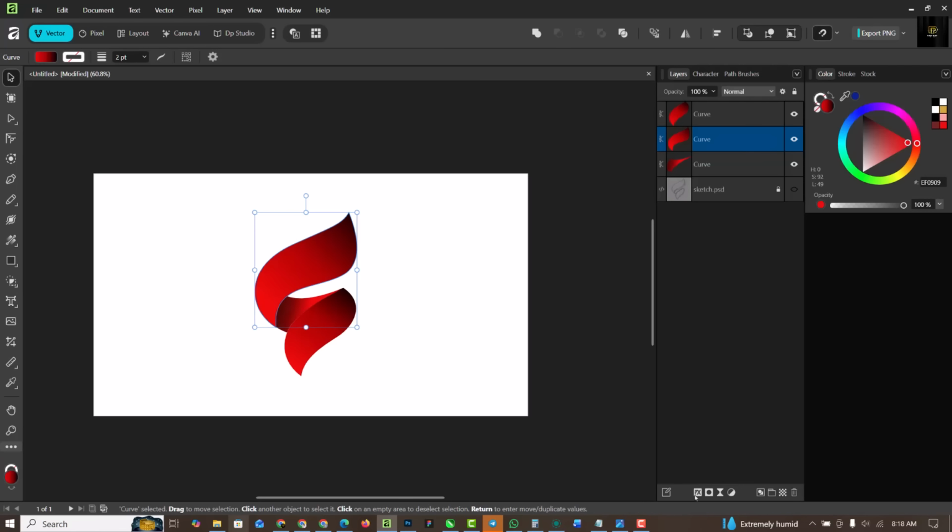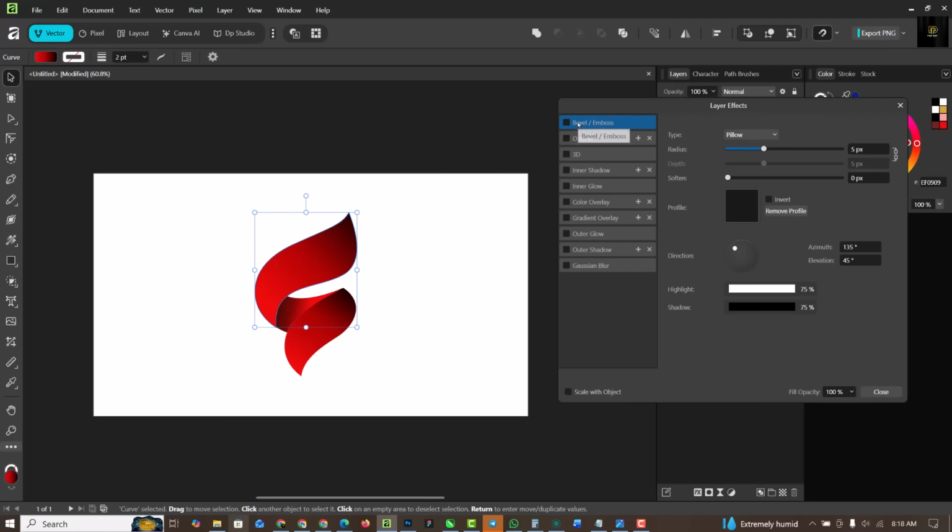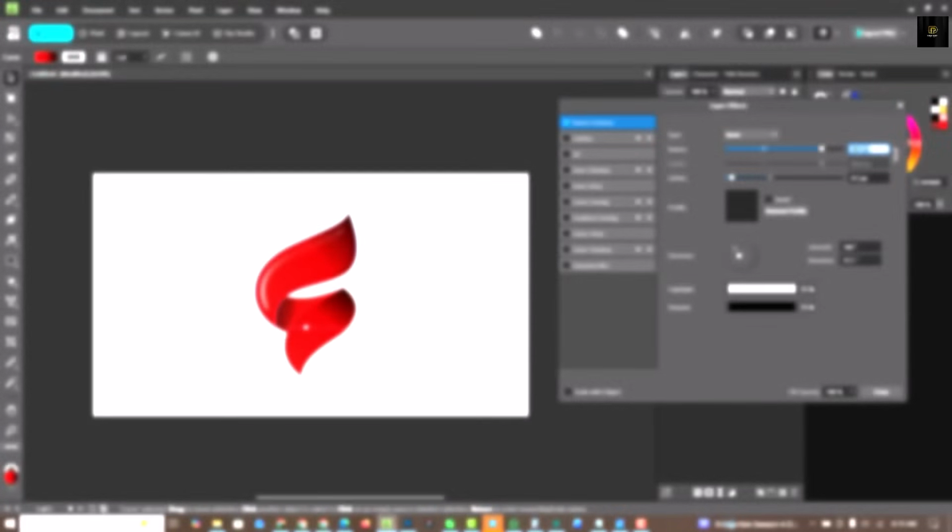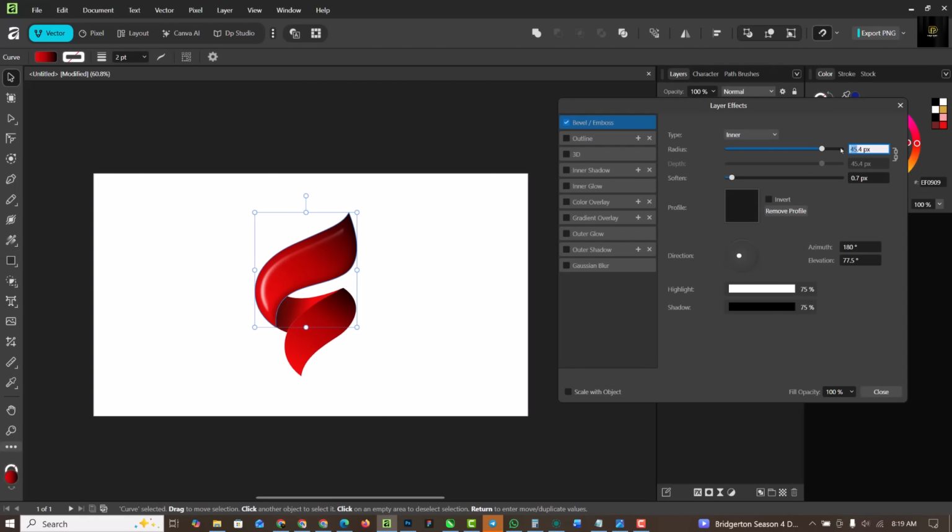So back to this, I'm going to go to FX, Layer Effects, click on Bevel and Emboss. Before I start anything, I'm going to change this from pillow to inner, right? And you should copy my settings. So I'm just going to type these values, right? So this is going to be 88 point,